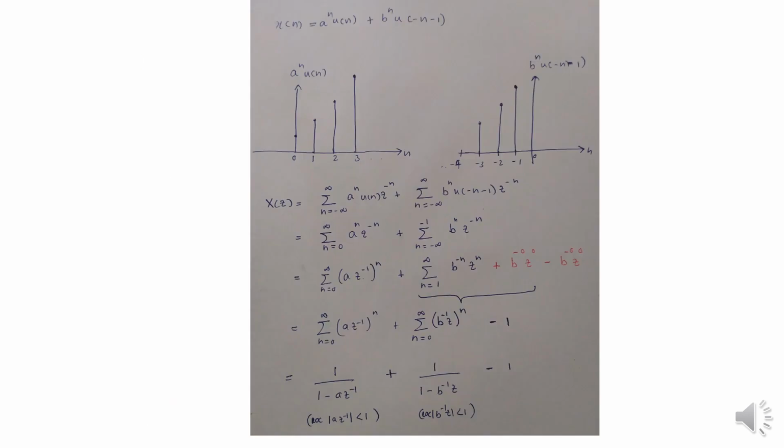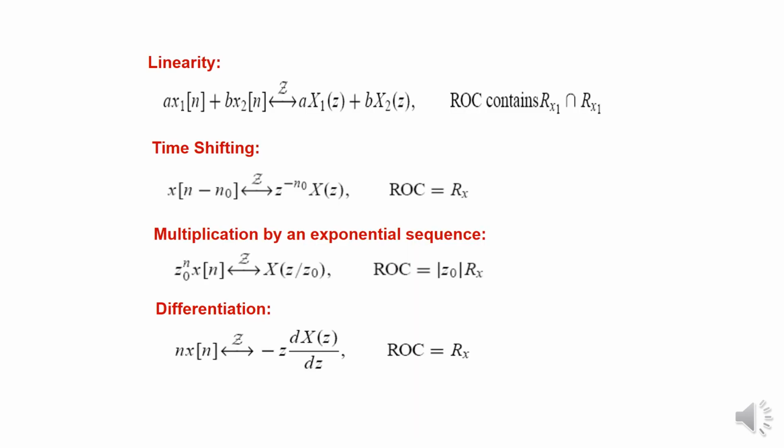You can see a more simplified version of the previous example, right? So afterwards, what you have to do is find what will happen to the ROC when magnitude of a is larger than b, then when magnitude of a is less than b, like I have done previously. Then we'll take a look at a few properties, right?